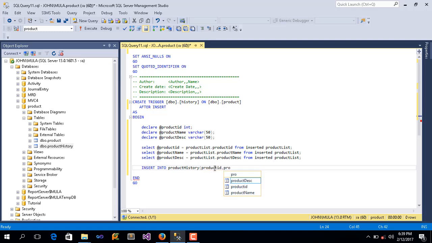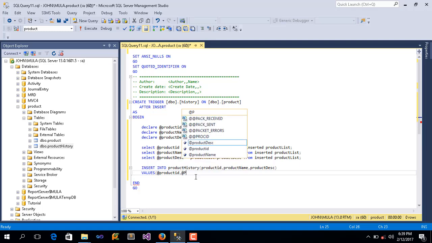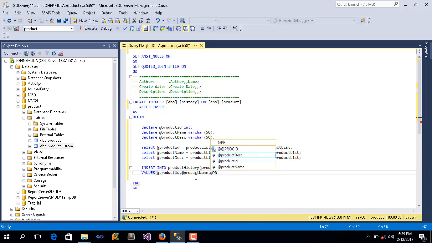Okay. And the values is product ID. It came from here. Product name, and product description. Okay, we're done.